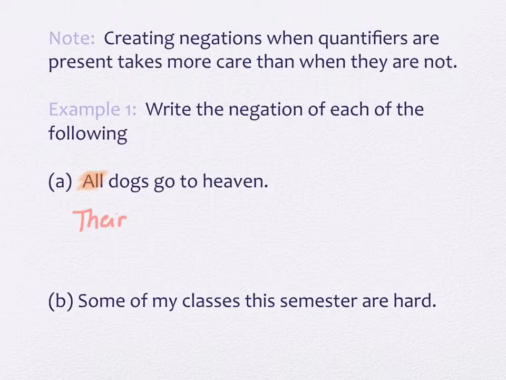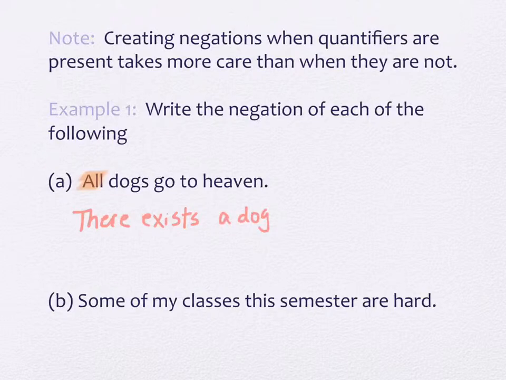I spelled the word there wrong, too, since I was talking. This is the word there I want. There exists. That's the one I'm going to use. If you use the word some or at least one or something, that's fine, too. It doesn't matter. I use the phrase there exists. All right, there exists a dog. That's all I need, just one, right? I just need one. There exists a dog